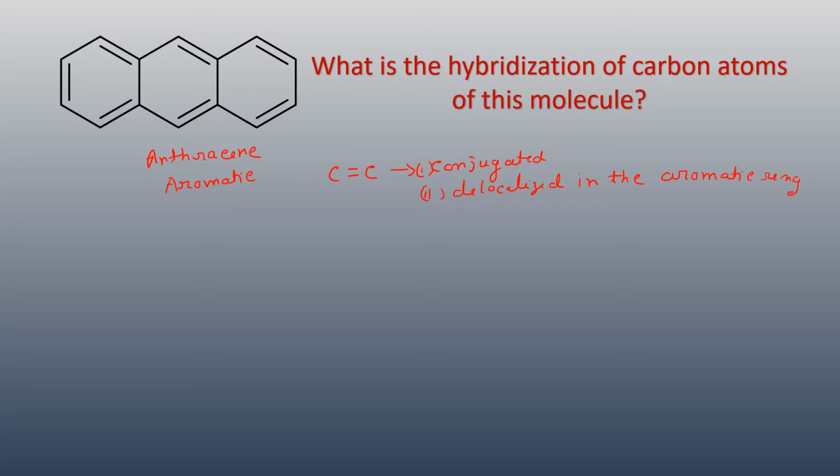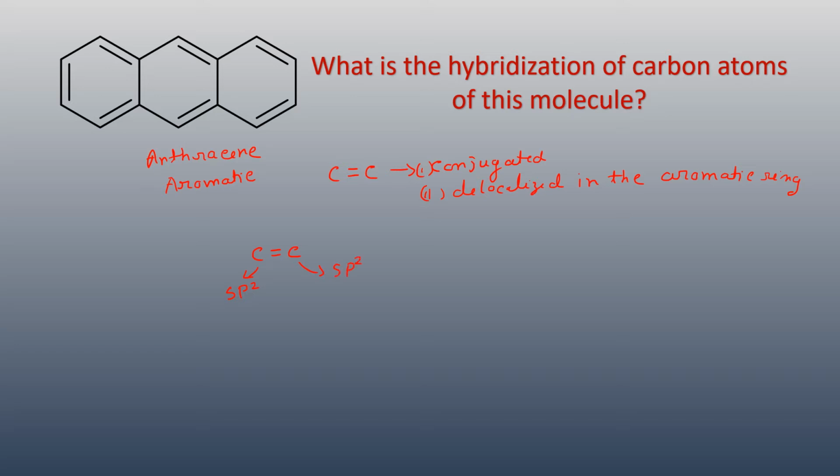So that indicates that all the carbon-carbon bonds present in the anthracene molecule have a double bond character. So all the double bond character means all the carbons are sp2